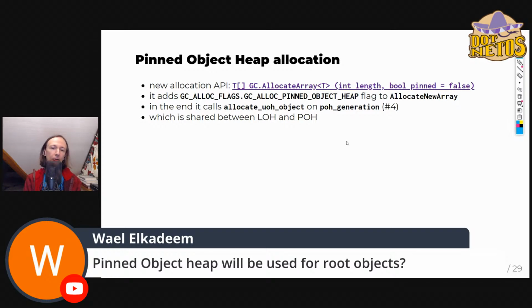The only way to allocate something in pinned object heap is to use the only API, in fact, which is called GC allocate array, which allows you to manually say that I want to create an array that is by default pinned with a given size, and if you set this flag to true, it will be pinned because it will be allocated there. There is one limitation again,